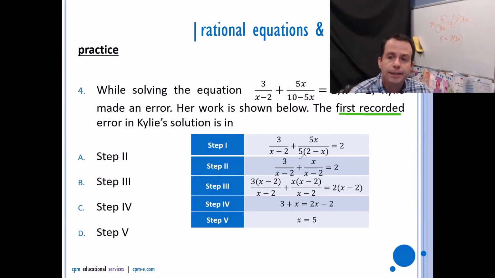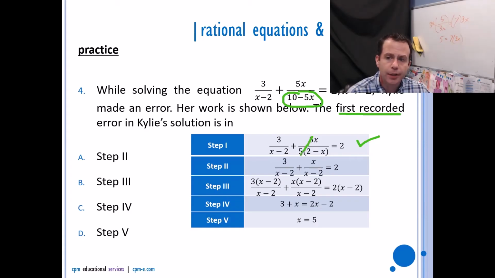So in step 1, what did she do? Well, it looks like she factored out the 5 from this 10 minus 5x, and that she said that was 2 minus x. Okay, that looks pretty good to me. I'm happy with step 1. Step 2,